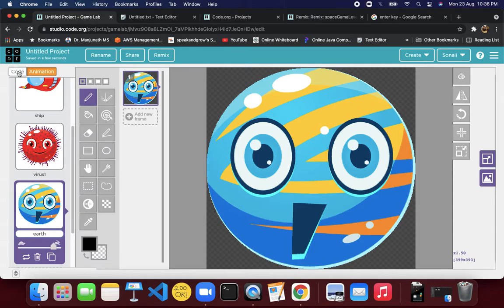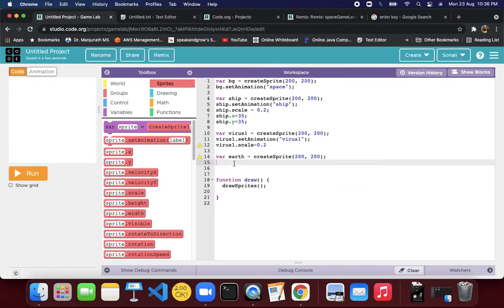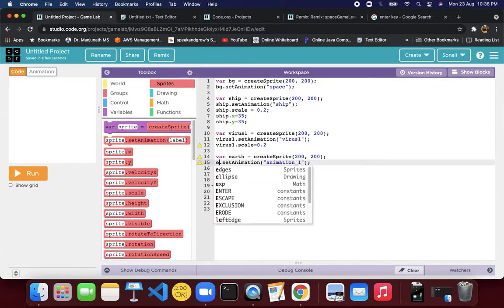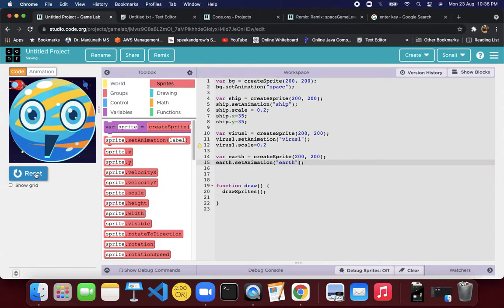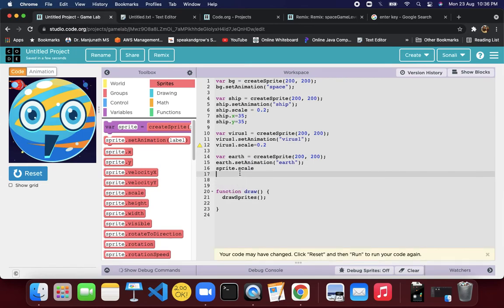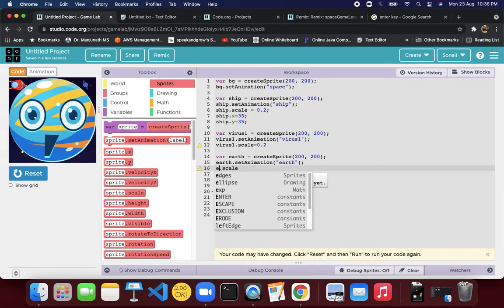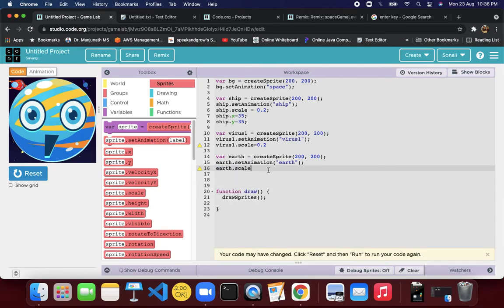Okay, and here we will set the animation for Earth. Earth we got, scaling it is required. We will move the Earth to the bottom right corner, right? Let's make Earth maybe a bit bigger.